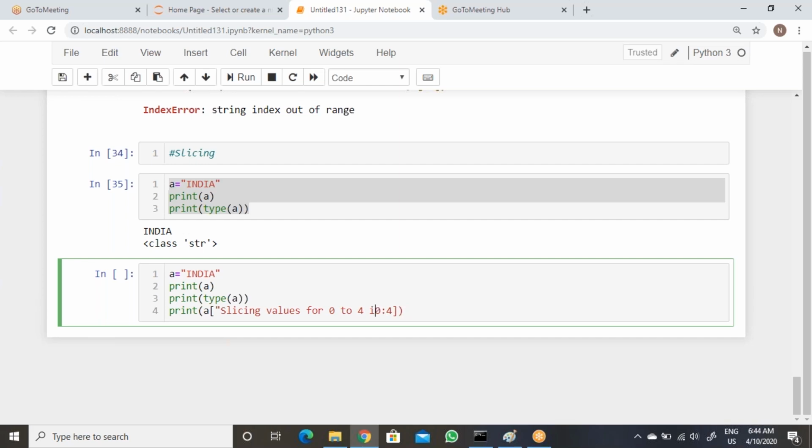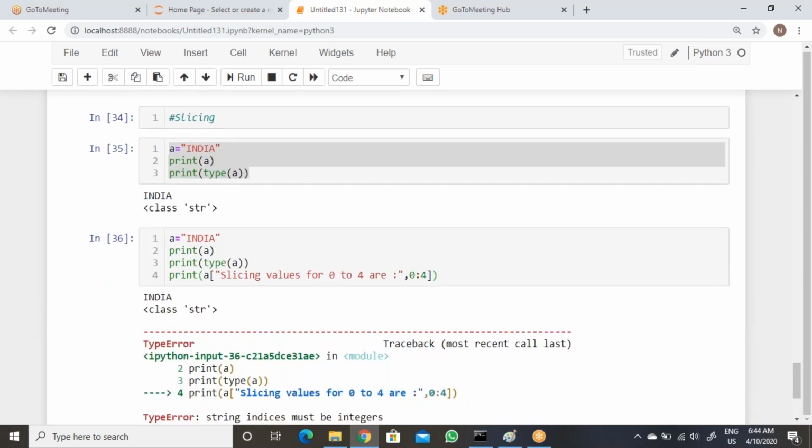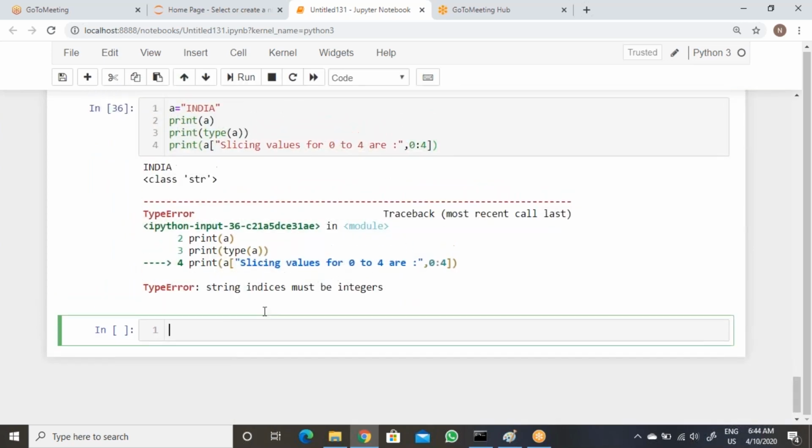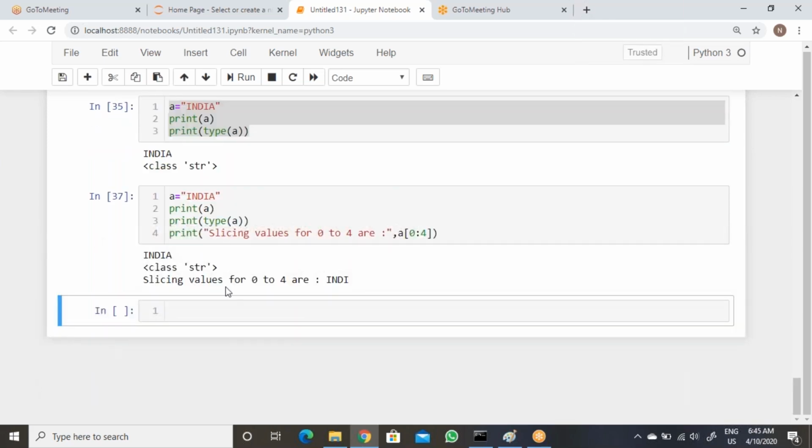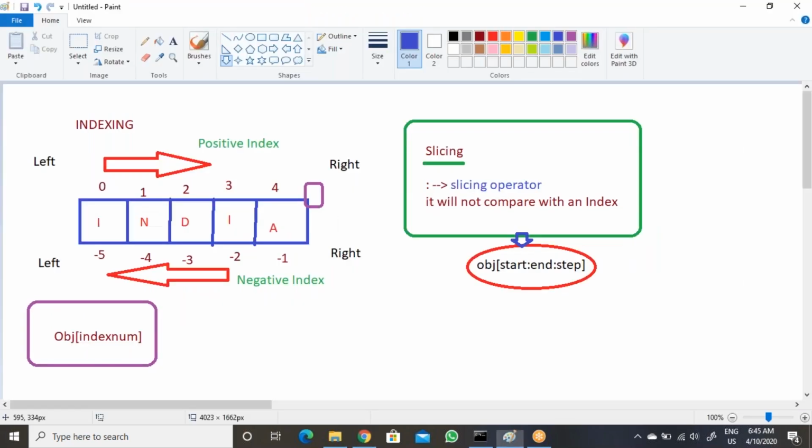Now I'm taking 0 then 4. What we are getting is slicing indices must be integer. Sorry, we need to use it outside. Now execute.